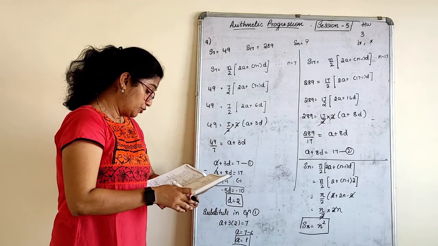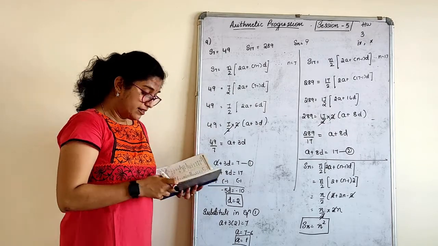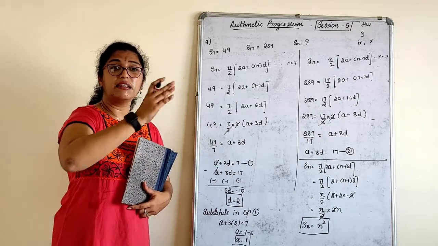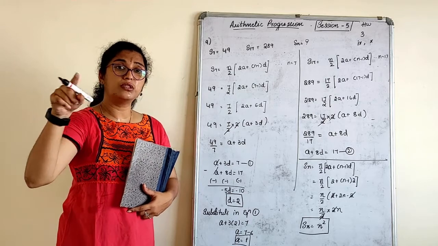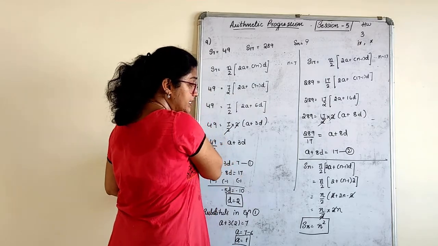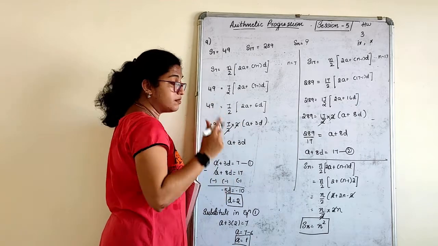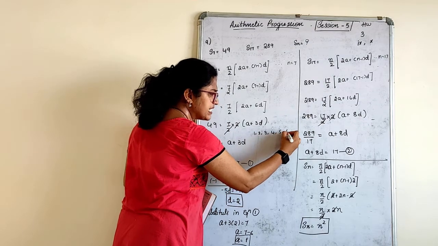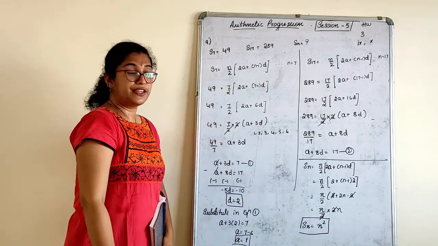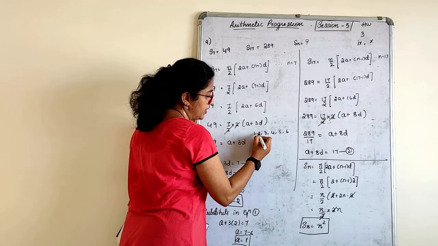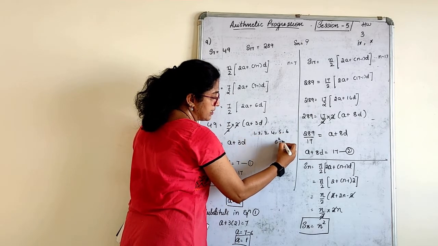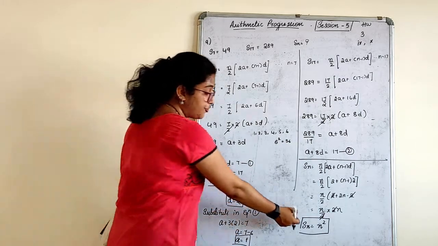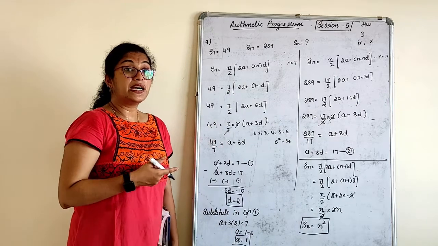This is actually a standard formula. Standard formula for what, you know? If you read the question, find the sum of first n terms. The sum of first n terms is nothing but n consecutive terms. Suppose I ask you, what is the sum of first 6 terms of an AP? I can directly say the answer is 1, 2, 3, 4, 5, 6, which is 6 square, 36. Add and see, you will get 36 only. So this is a formula. Remember this. It can be asked in MCQs.